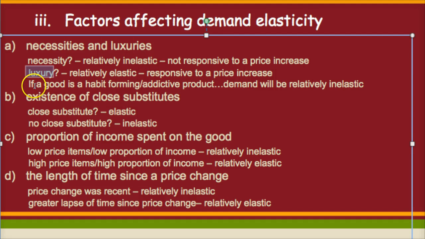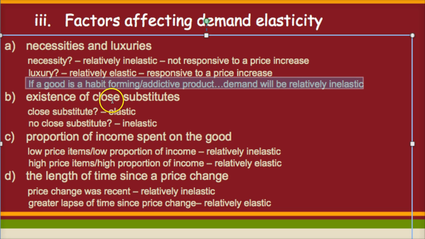Now, in your textbook, there's a 5th heading, whereas you'll notice here I've only got 4: A, B, C, D. The reason your textbook has a 5th heading is because they talk about habit forming and addictive products separately. I choose to place this in here under necessity and luxury because the level of addiction or habit forming nature of a product determines whether a person sees the product as a necessity or a